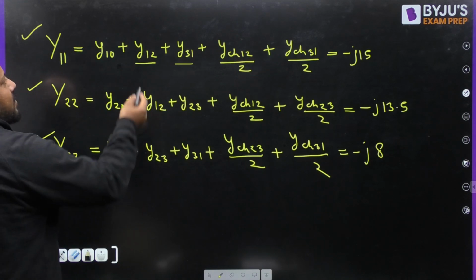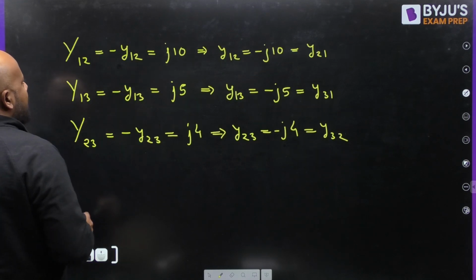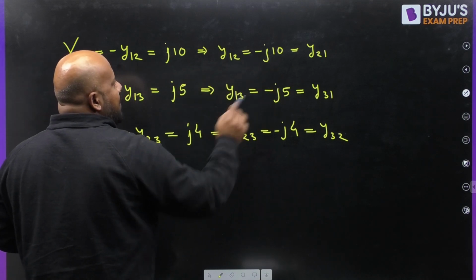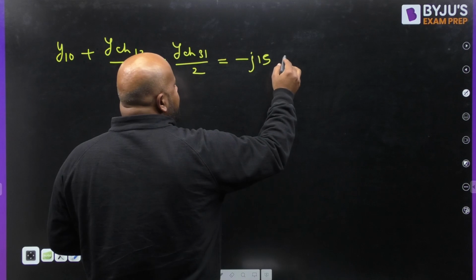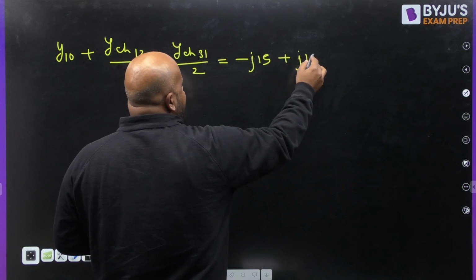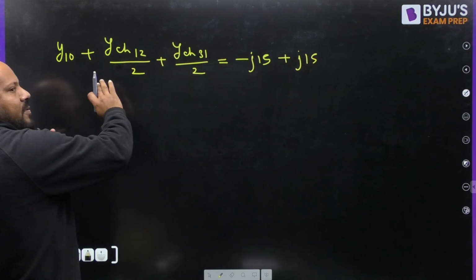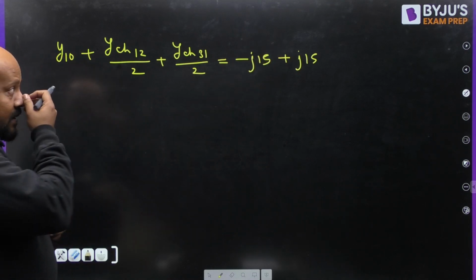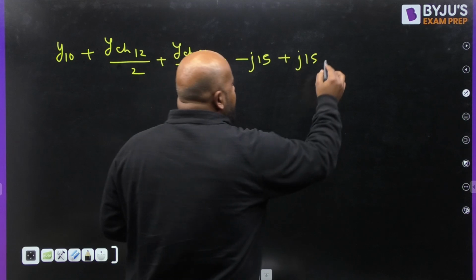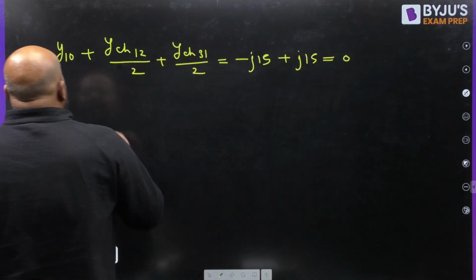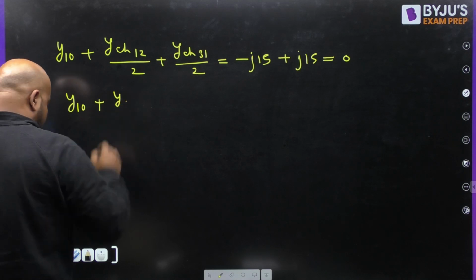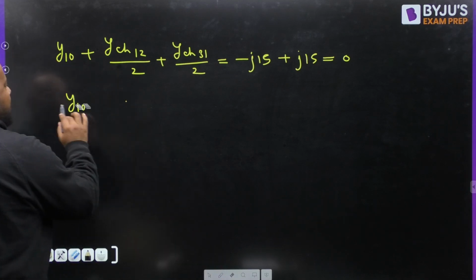And what is y12 and y31? y12 is minus j10 and y31 or y13 is minus j5. So this is going to be plus j15, because minus j15 from here, it will go to the right hand side with plus j15 and it is going to be cancelled. So you will be getting 0. So the condition you are getting here is y10, or let me just rearrange it so that you can better